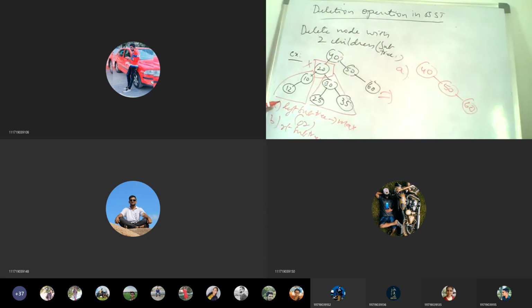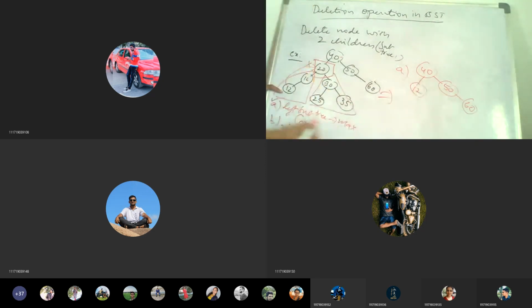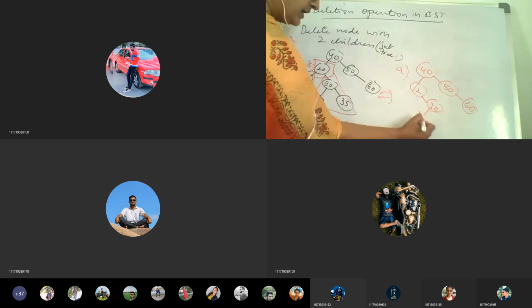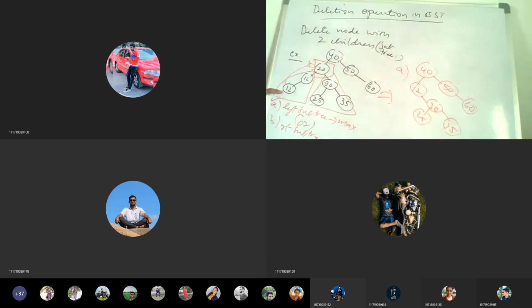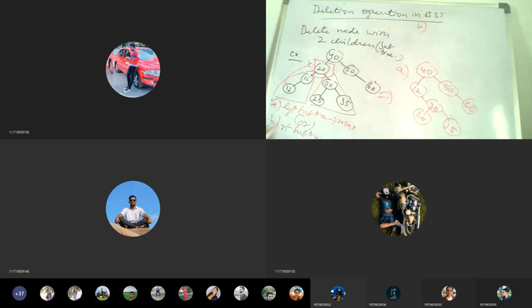When I do the first case, in the left subtree, what is the maximum here? 12. So 12 will occupy its parent position. So here I will write 12, and the remaining things: 30, 25 and 35. So this is one case. What is the other case? Among the right subtree, we have to take the minimum.